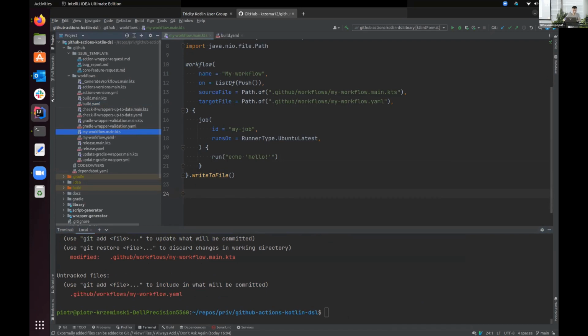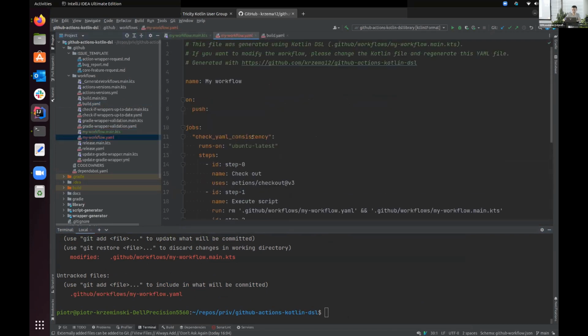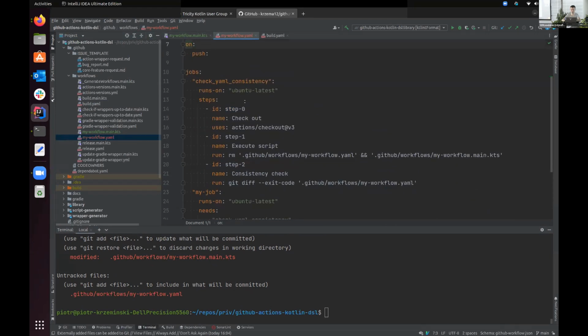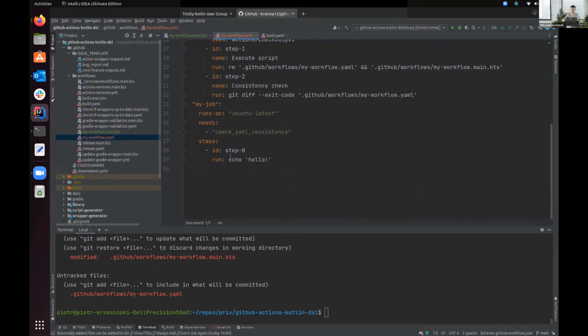Okay, it's here. So you can see the file. Let's take a look at this from the very top. So first, there's a comment just to note that this file is not intended to be manually edited. Then you have the name, the triggers, also the jobs, and the